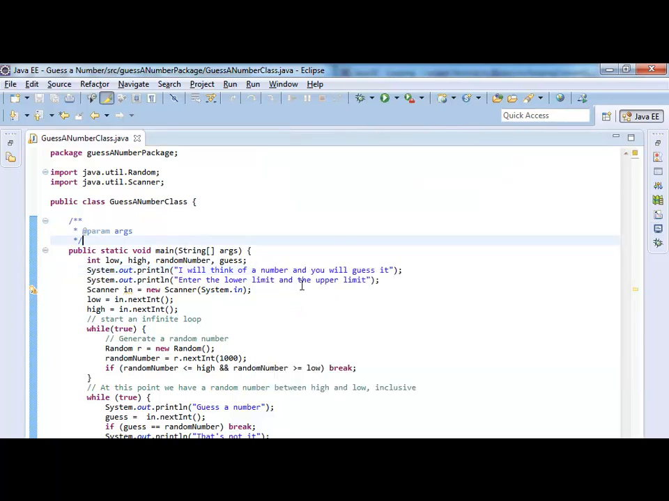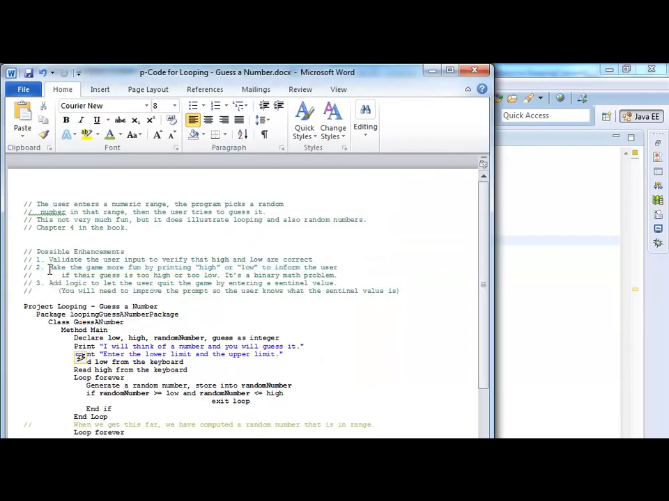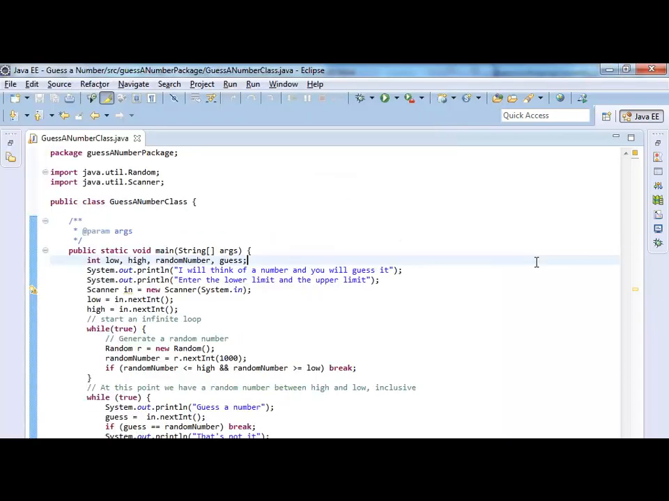And let's implement this change in the pseudocode. Let's implement make the game more fun by printing high or low to inform the user if their guess is too high or too low. It's a binary math problem. That's easy. We don't need to pseudocode that, he said confidently. We go into the guessing loop